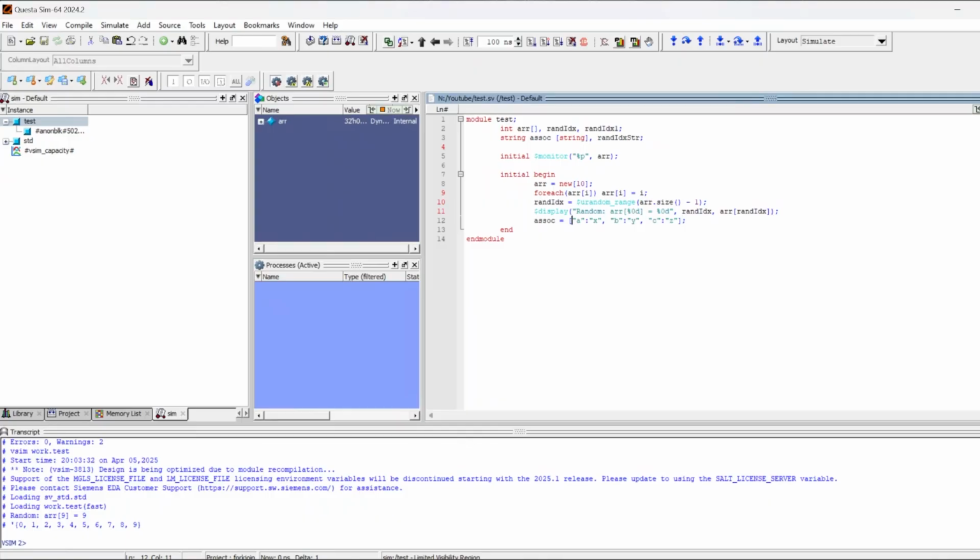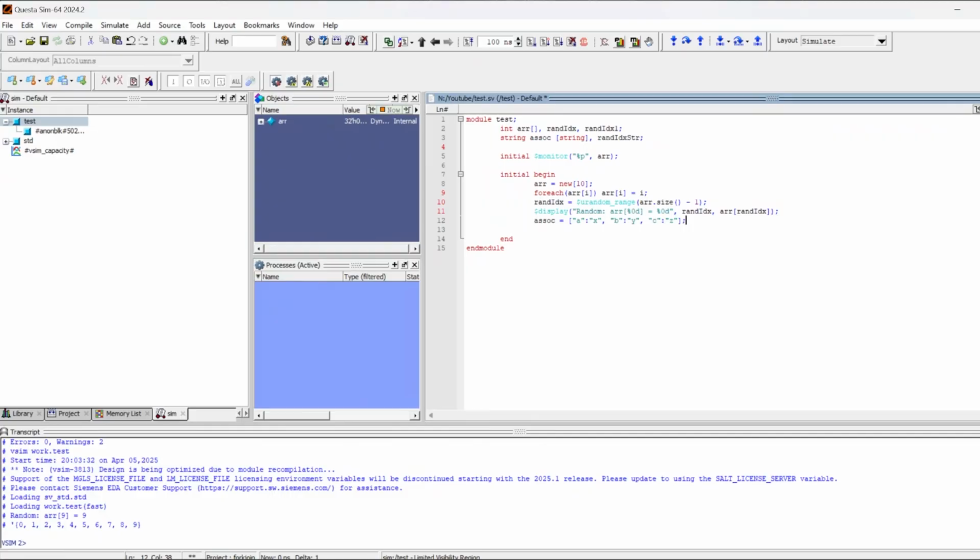We have assigned 3 elements to it, and you can see the label or index and the elements associated to those indexes. Now we will do the same thing for this associative array, and that is we will try to pick any random element, but we cannot directly pick any number and then print that number because the index is of string type. So the other way is that